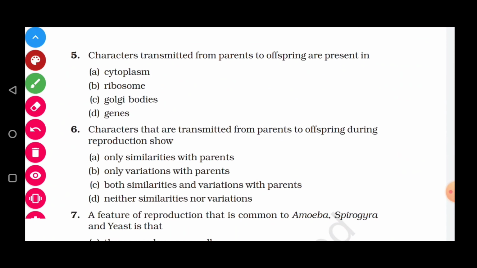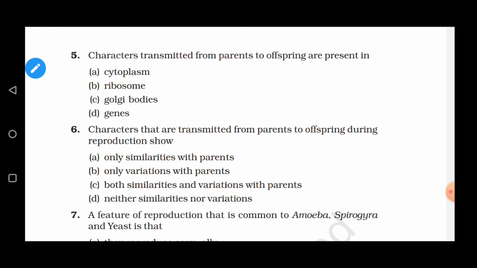Parents से जो offsprings में character का transmission होता है, ये किसकी मदद से होता है? It happens with the help of genes. Cytoplasm, ribosomes and Golgi bodies, these are the cell